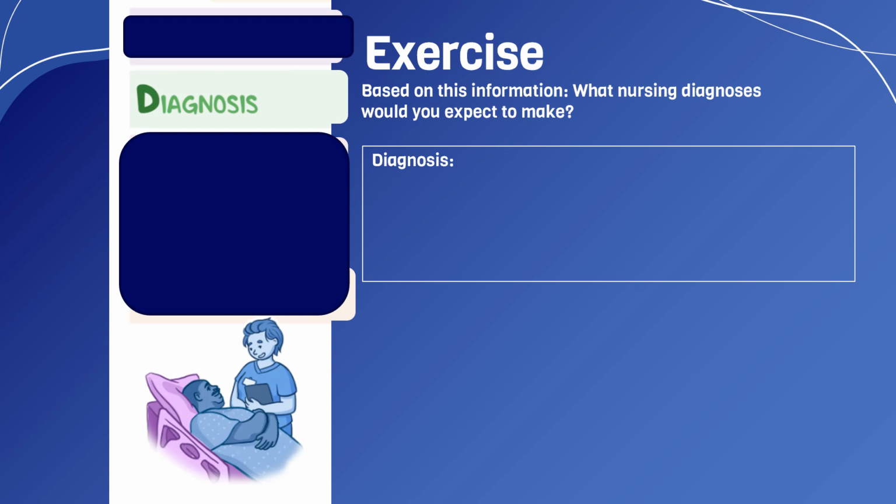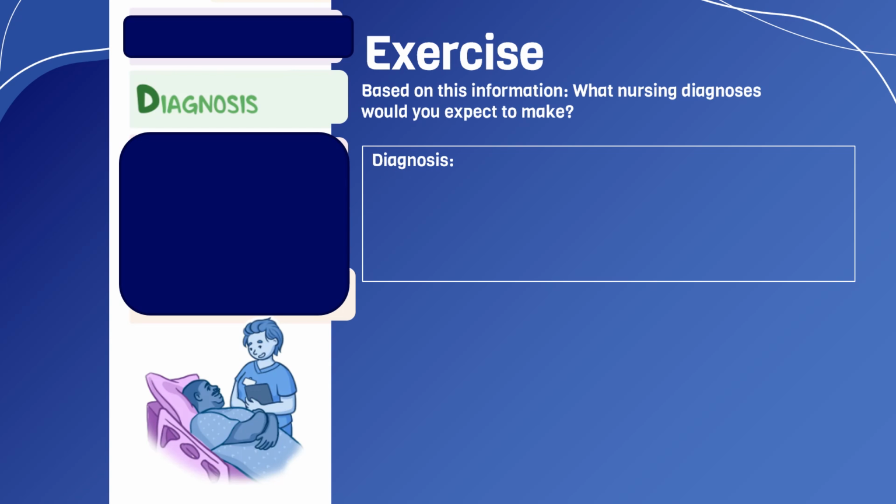And so a priority nursing diagnosis isn't going to be a risk for it necessarily if there are actual problems for the patient. So while the patient should have potential risk for diagnoses, I want you to think about what actual problems this patient has, because that's going to kind of determine what we do